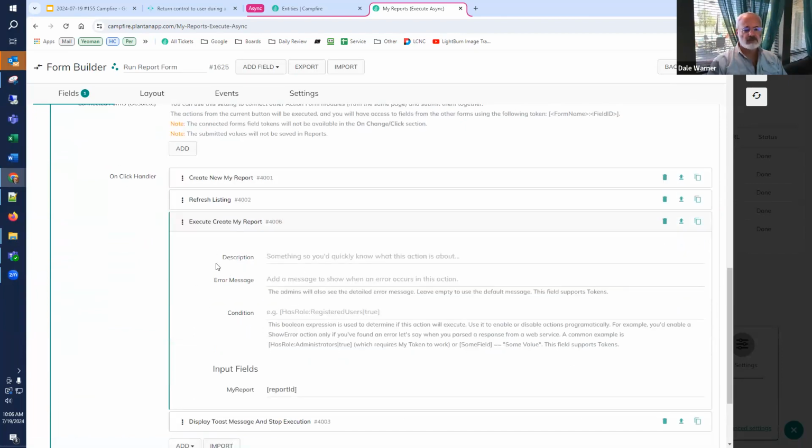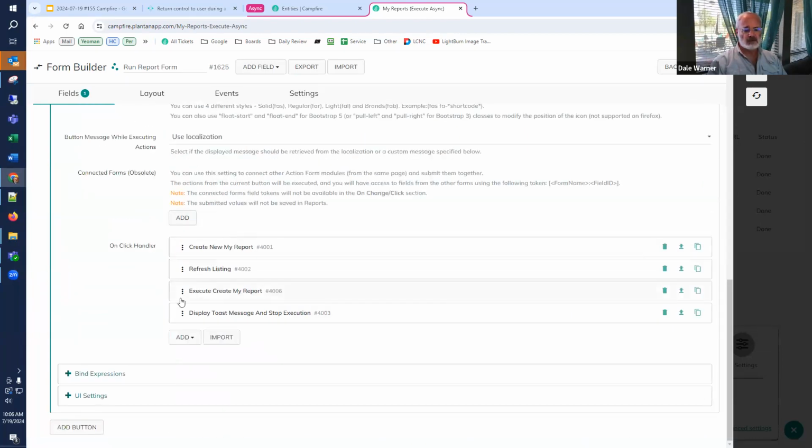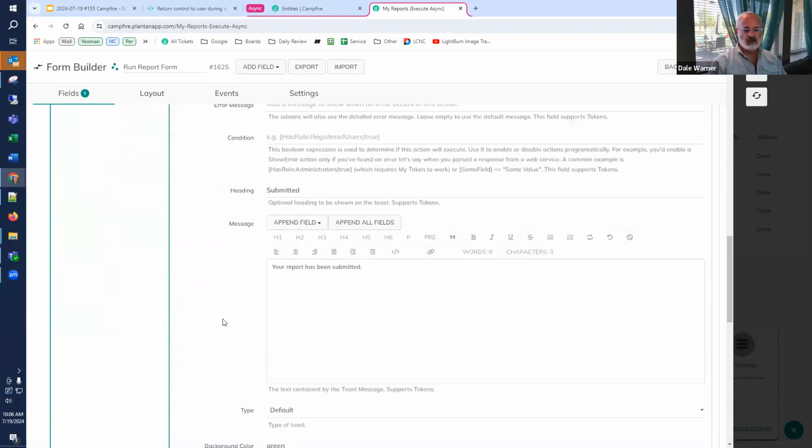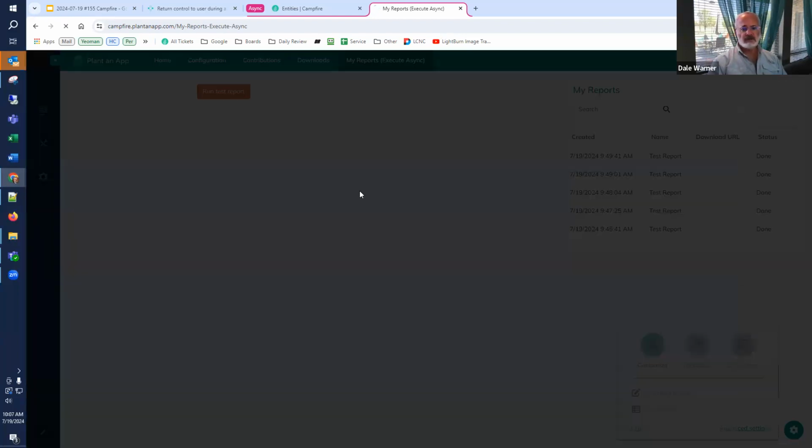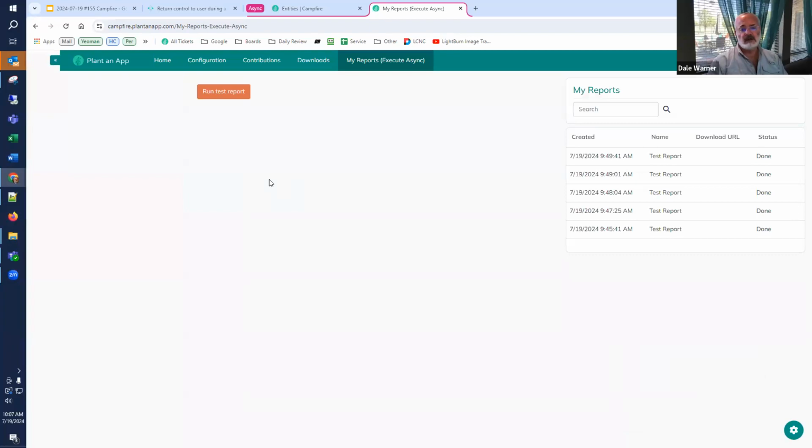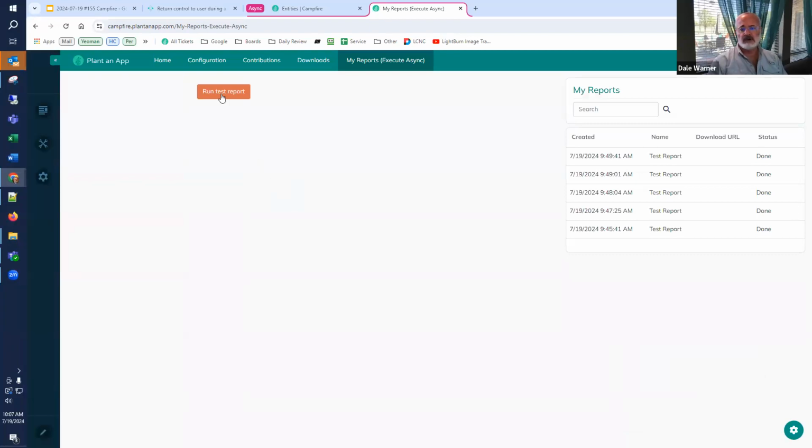Now this is a workflow, and currently this doesn't do anything except change the status, so it runs instantaneously. It doesn't really represent Matt's problem yet, and then we do a nice toast message to say that the report has been submitted. So if we run this, it's going to run instantaneously because it doesn't do anything yet. We click the button, we get a test report. It started out as new, but you couldn't even see it. It finished immediately. It's done.